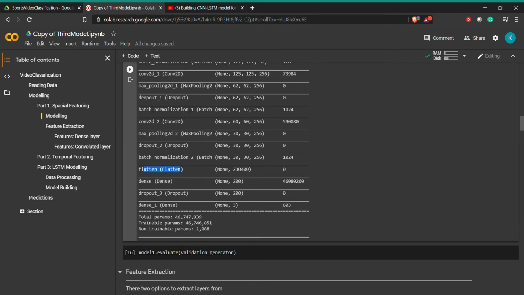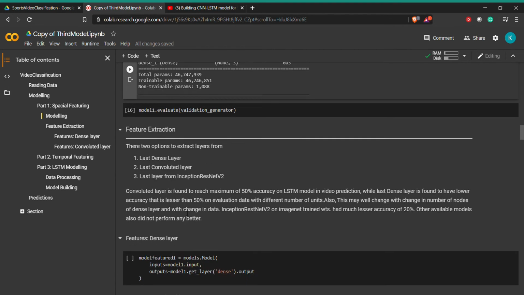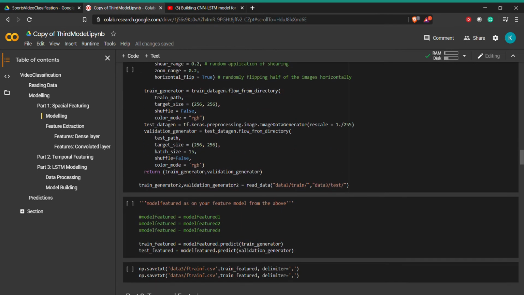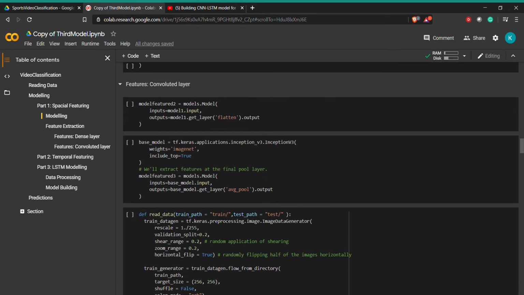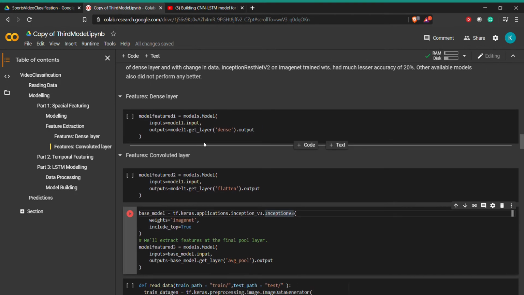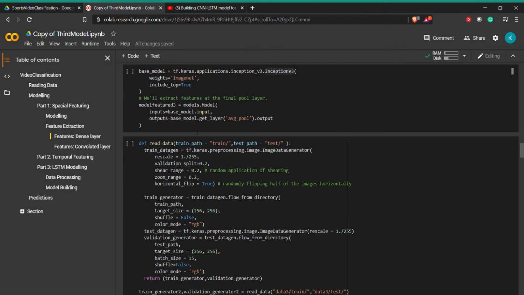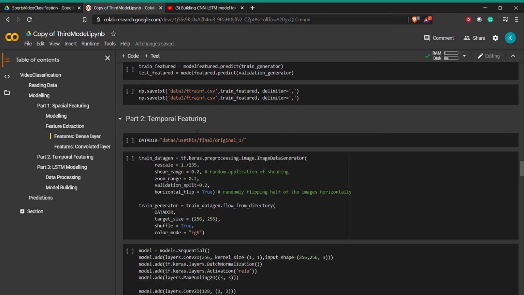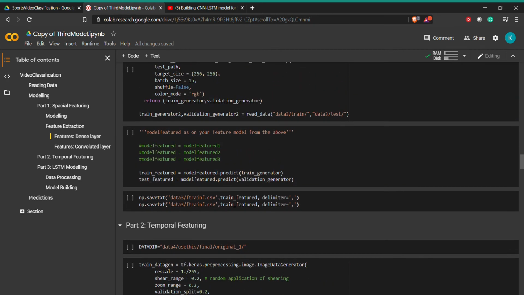Another thing we tried is using the available models and building upon them, like Inception, etc. Currently, the best accuracy we are getting is through the dense layer of the second model. So we extracted these features from here.